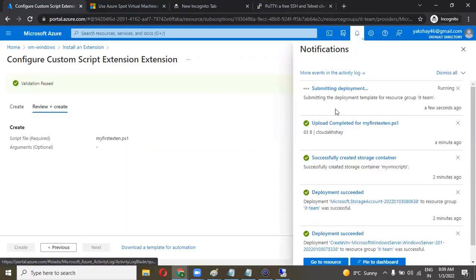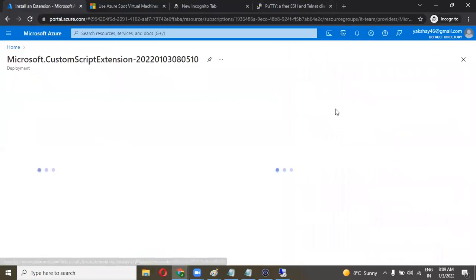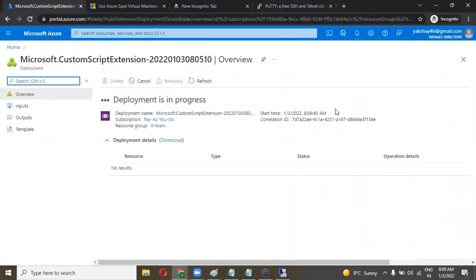You can see submitting the deployment. It will take 3 to 5 minutes to deploy the script onto the machine. You can see resources, VM Windows and custom script extension.